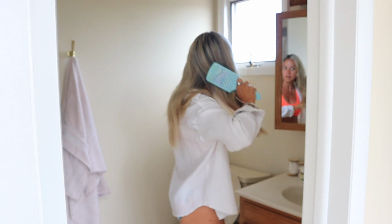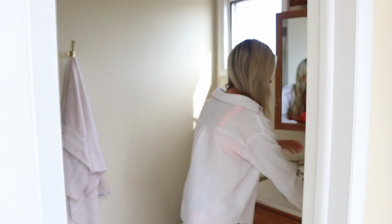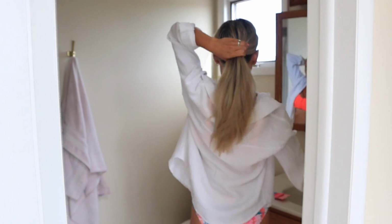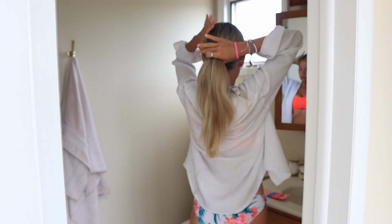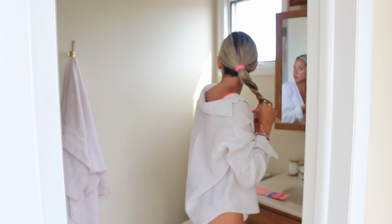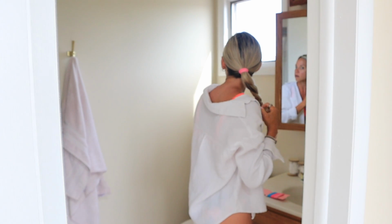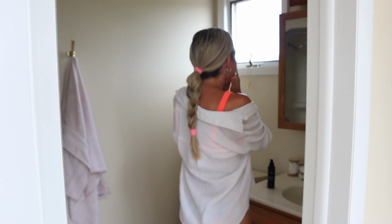Now it's finally time for me to get ready. I showered the night before, so usually when we're here and I know we're going in the water the next day, I'm not going to shower in the morning because I like to shower when we get home from being in the water. Just throwing my hair up, no makeup or anything, just doing the Wonder Screen, which is Dime Beauty's tinted